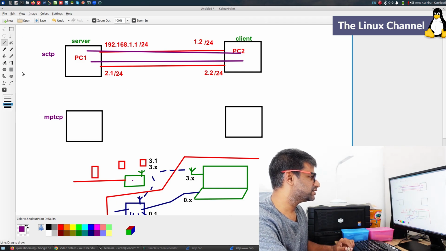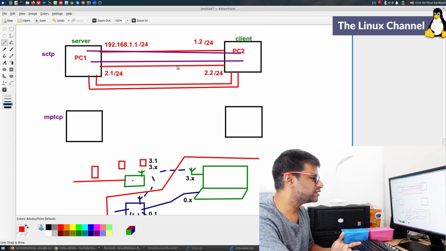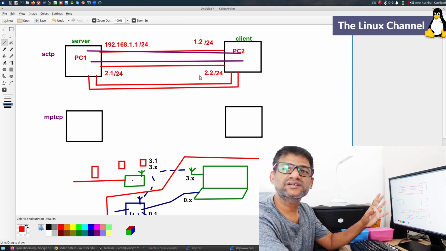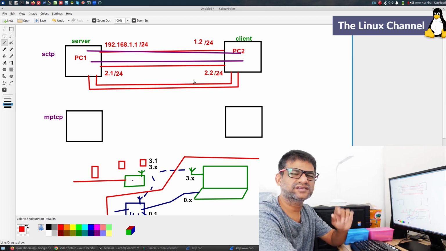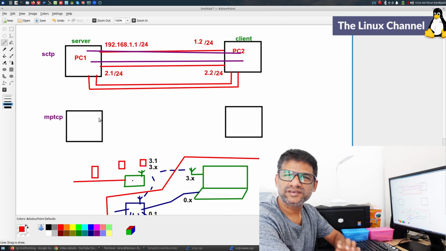once again, as I said, the multi-homing can have any number of networks like this. You may have two wired ports, two LTE ports, all connected, all up, or anything is down and the other connections are up. It can be any such possibilities. But in the case of MPTCP, it is completely different.